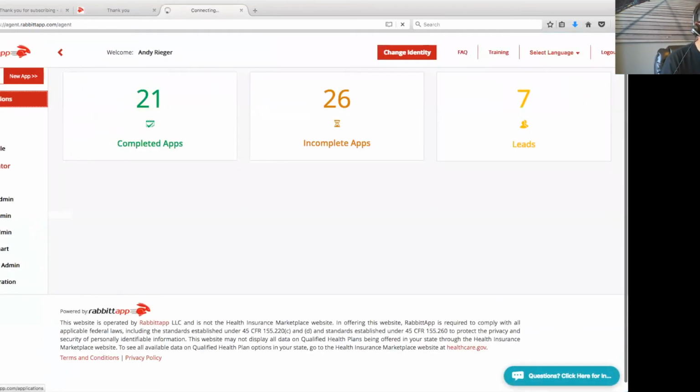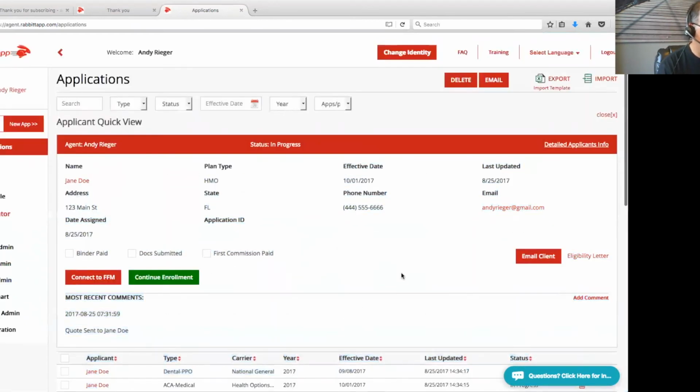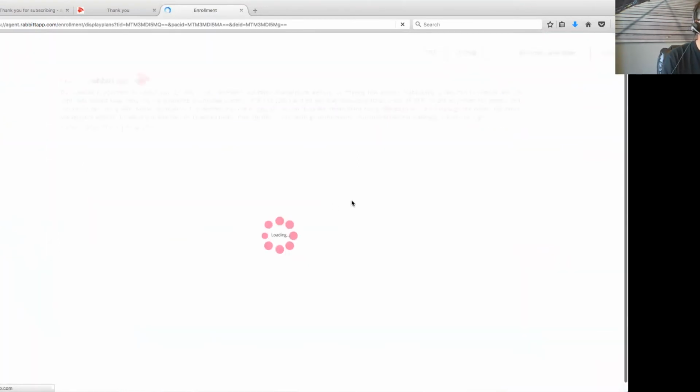On the agent side, on the applications, I'm going to see Jane Doe. Again, it's the last thing I did, so it's at the top. I can see this dental PPO is completed, and this ACA medical is in progress. If I click on the ACA medical plan, there's a continue enrollment button. I can just click continue enrollment, and it's going to take me right to where they left off on the ACA plan